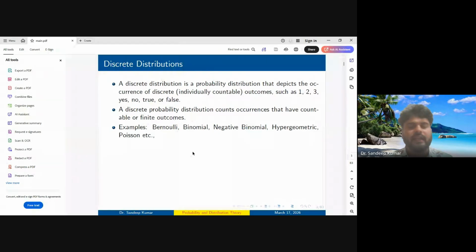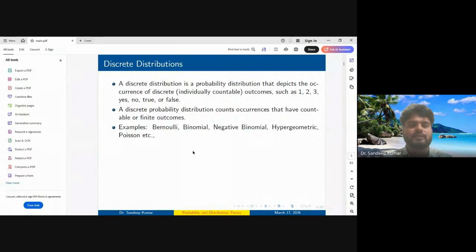So the range of probability is 0 to 1. The value of probability lies between these values, 0 and 1. If probability of A equals 0, that is an impossible event, and if probability of A equals 1, that is a certain event. Okay. So in a discrete distribution, the outcomes are discrete, say for example, 1,